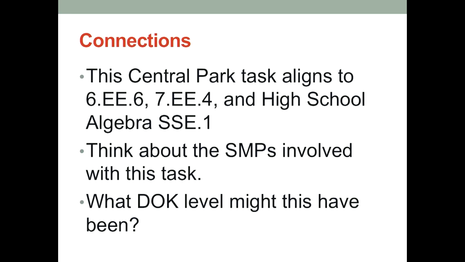All right, I'm going to call your attention back to the front, please. If you're not done with Central Park, it is okay. As I went through this activity, this is what I tried to link it to for my Iowa Core standards. I thought I could start as far back as grade 6 with my expression work, continuing into grade 7, and obviously high school. Now, I ask you to think about how this moved from concrete to representational to abstract. Anyone want to share some of their thinking on that?